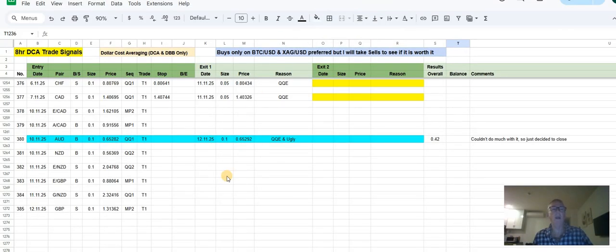This is all manual trading. I've got 8-hour DCA. I've got 8-hour charts running on another platform with the new robot. So hopefully I'll get something hooked up to that so you can all see the trades there.